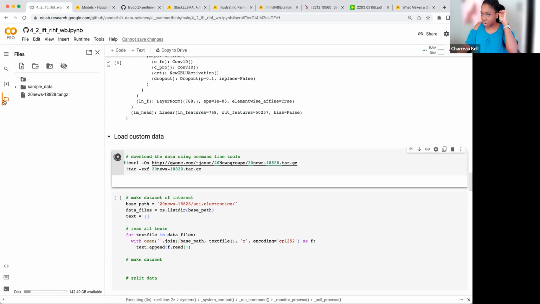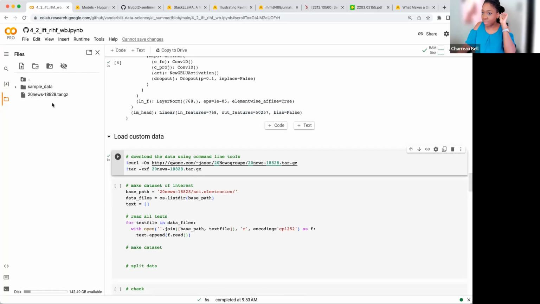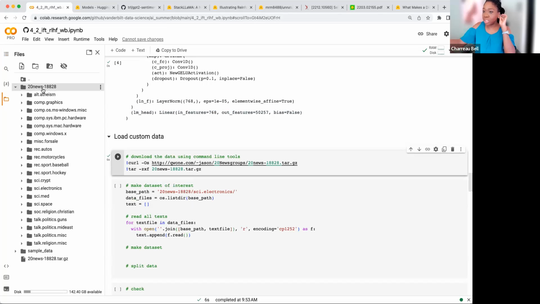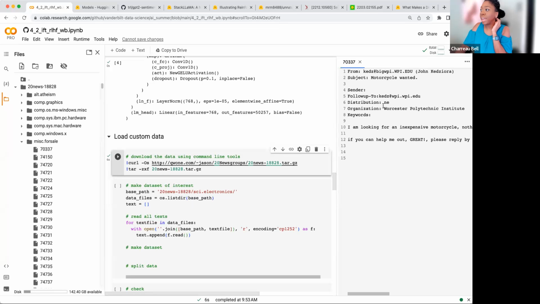Here I just switched this over to the file view. And here you can see that we grabbed it, downloaded it, there it is. And here we have untarred it. Here we can refresh and we can see that we have our data here. Again, once you close the session, all of this is gone. So if you need to download something, make sure you download it before your session ends. Again, we can see here that we just have all of the data that we're interested in. These are individual files. And what these are specifically are emails.